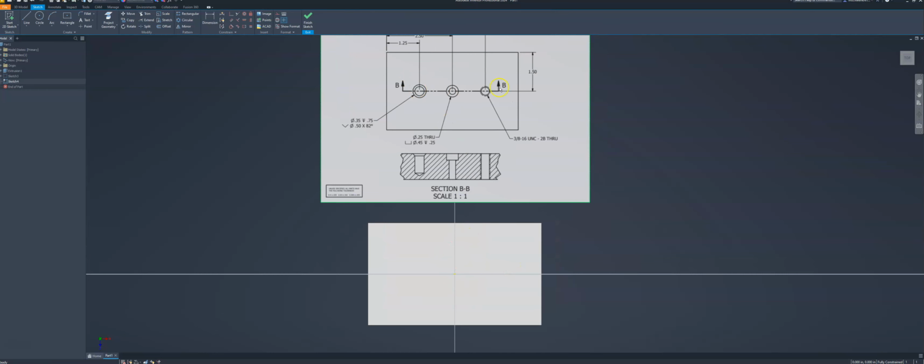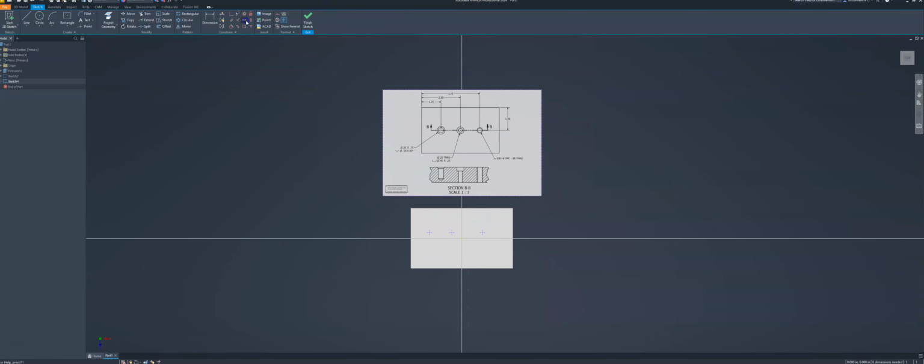So in order to place the holes, I'm going to start a sketch on top of my block, and it looks like I'm going to need three holes here. So I'm going to use the point, and I'm going to place 3 points on my object. After this, I have to dimension these things. So we're going to go and horizontally constrain all of these, and then constrain those to the center point because they're on center here. Then I'm going to take this middle one, pop that on the middle, my coincident constraint,